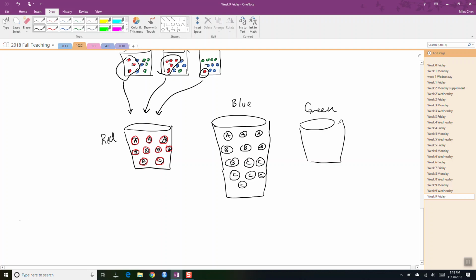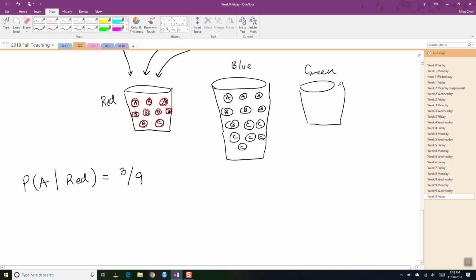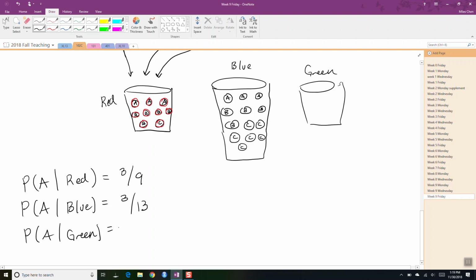Now the question is, what is the probability of getting A if we have red? That answer is going to be 1, 2, 3, 4, 5, 6, 7, 8, 9, so 3 out of 9. What's the probability of getting A if we're in the blue bucket? That's going to be 3 out of 13. And the probability of getting A if we're in the green bucket is something else entirely,